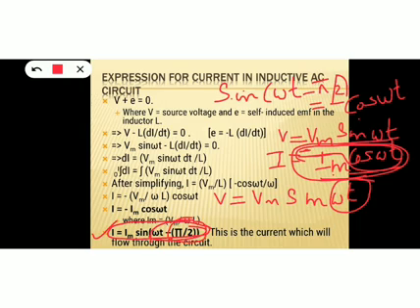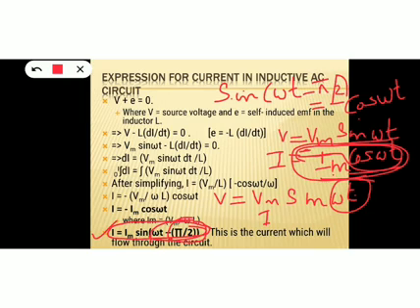The phase of voltage is omega t, but the phase of current I is omega t minus pi by 2. Omega t minus, that means voltage is leading, current is lagging behind the voltage. So voltage goes first, that is, voltage becomes maximum first. Current becomes maximum after a phase angle of pi by 2. Again, voltage becomes 0 first and current becomes 0 only after a phase difference of pi by 2. So voltage always leads the current by a phase angle of pi by 2. That is the phase relationship between voltage and current in the case of an inductive AC circuit.